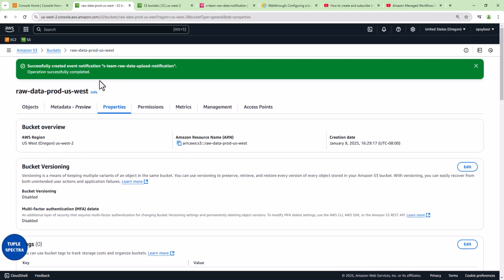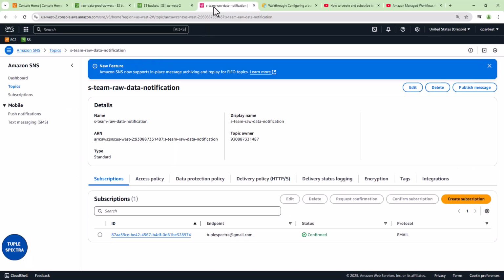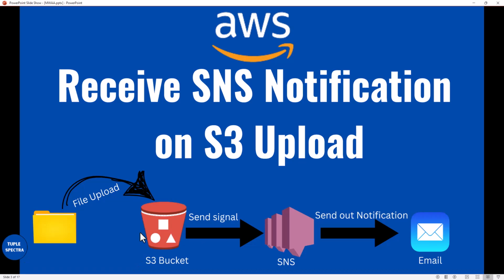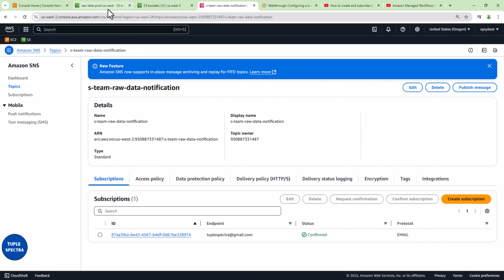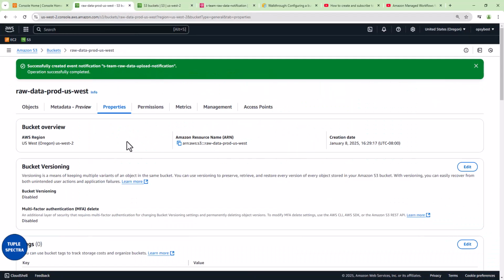Very good. You can now see that we have been able to do that. Why? Because now we have that policy updated. Now our S3 and the SNS topic can communicate. Remember, they need to communicate. Now they can communicate. Immediately you did that successfully, you should get an email that there